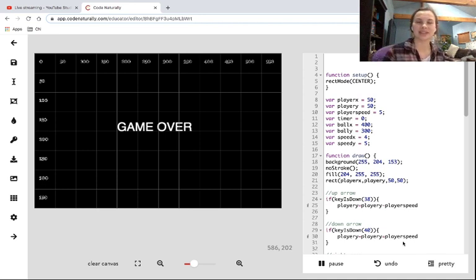Oh, I've seen versions of this game where as time goes on, the ball gets bigger and bigger and bigger. So there's actually no way to win the game, because eventually the ball will get so big it fills up the screen. So I guess that you would win if you make it to the point where the ball fills